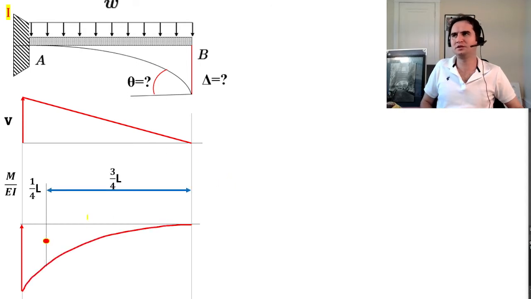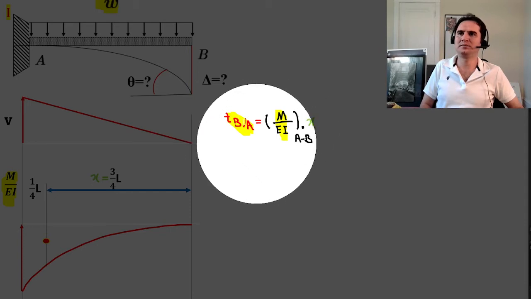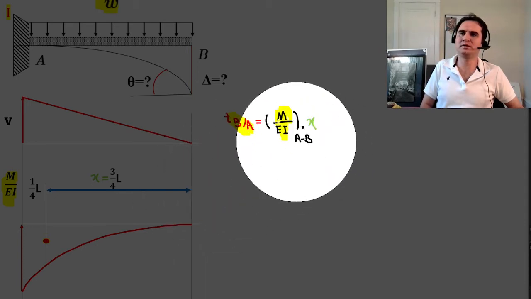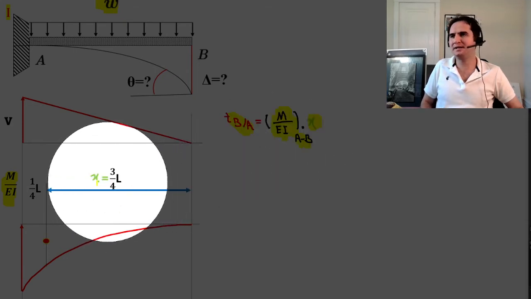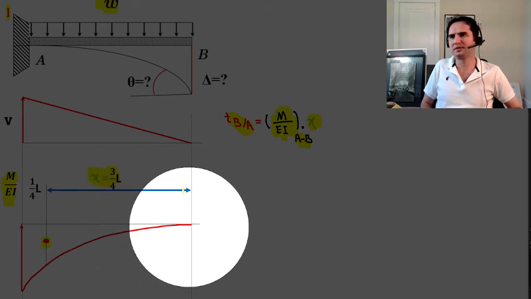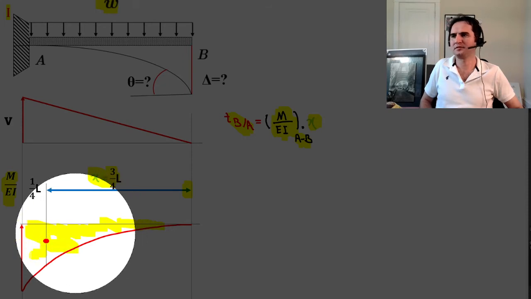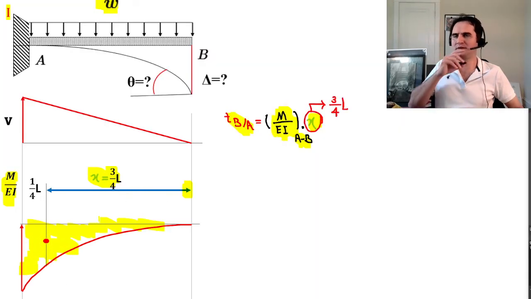So if you draw the M over EI diagram for a uniformly distributed load, TB with respect to A is the area under M over EI. So TB over A is the area under M over EI from A to B times X, and X is the distance measured from the centroid to B. So we need to calculate this area,